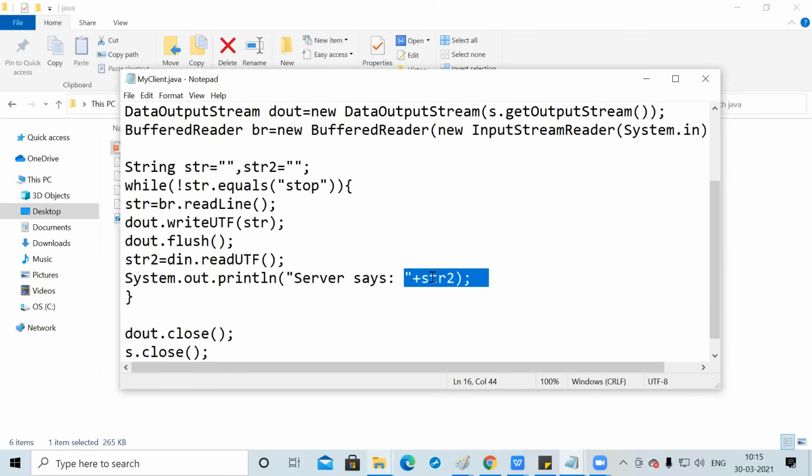So readUTF is used. When we send anything to the server, we use the dout object writeUTF. Always remember, writeUTF is for sending, readUTF is for reading from the server.